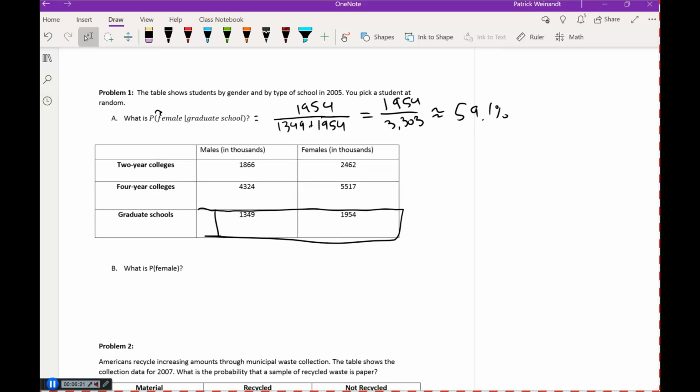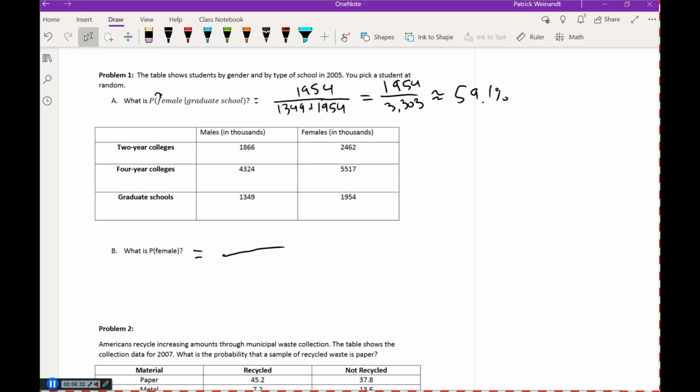Okay, what is the probability that a student is female? That's kind of a review here. Remember, how many total outcomes are there for a student? This is where you have to add all of the students together. So we add all the male students in 2-year colleges, 4-year colleges, grad school, and do the same for females. That will be our total number of students. So we want the total number of students and then the total number of female students. The number of female students, we're just going to add up: 2,462 plus 5,517 plus